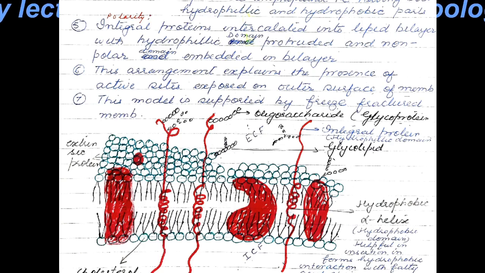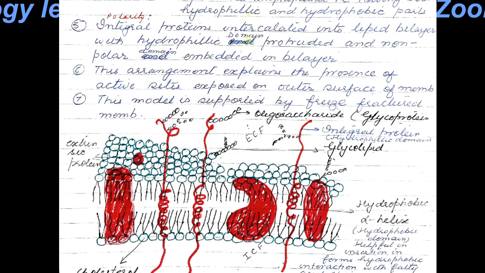This model is supported by freeze-fractured membranes, and this structure has been drawn from the RBC plasma membrane. And you can see the red colored proteins, which are integral proteins. They have two kinds of domains. One is the hydrophilic domain, which remains outside the lipid bilayer and is naturally inclined towards the extracellular fluid, which is watery or polar. However, the alpha helix or hydrophobic part of the integral or intrinsic protein remains embedded in the lipid layer, and it has amino acids which are